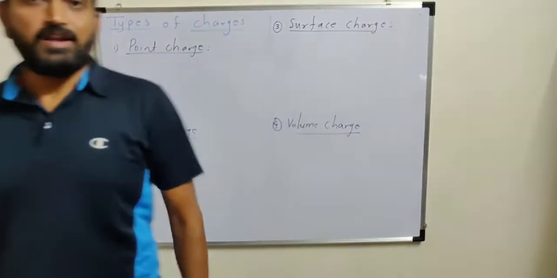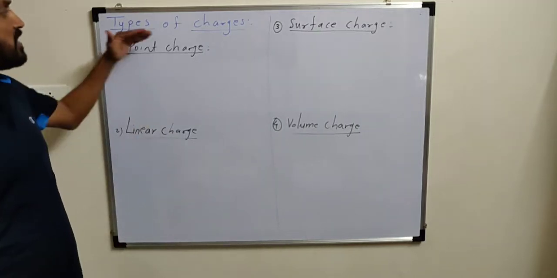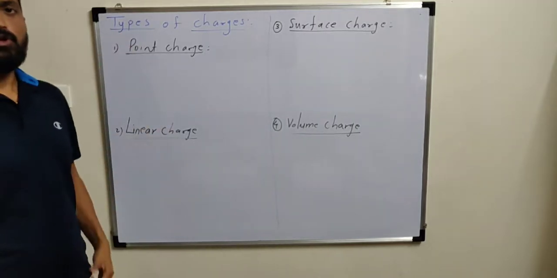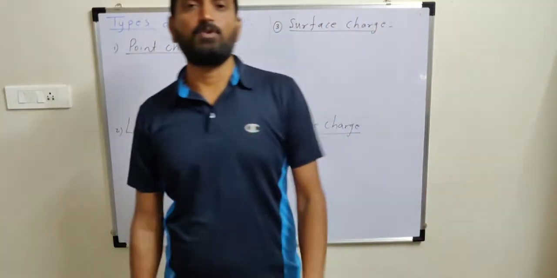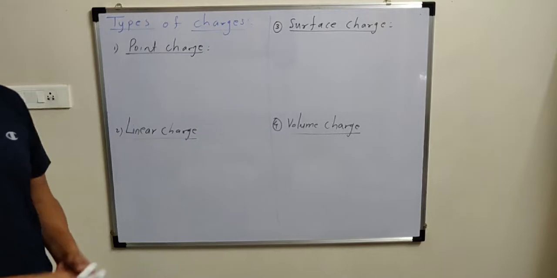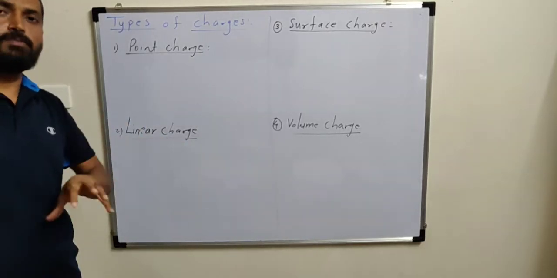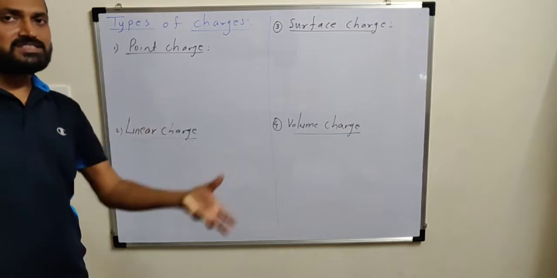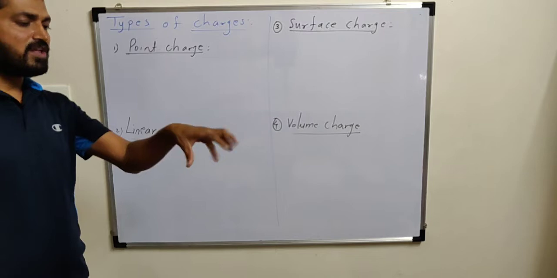Hello friends, let us consider a very important concept related to electrostatics, and that is types of electric charges. We know that electric charge is always produced by means of transfer of electrons. Means when any body is rubbed on another body, there is a transfer of electrons, loss or gain of electrons. When a body loses electrons, that body is said to acquire positive charge, and when a body gains electrons,